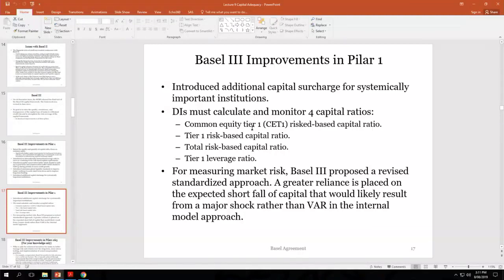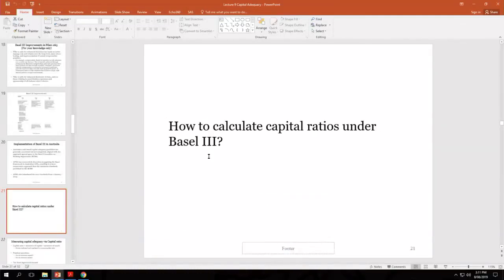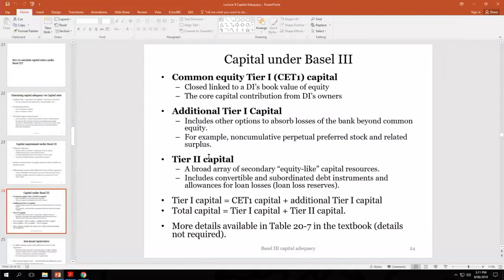And you need to know how to calculate these 4 ratios. You need to know the formula, and you need to know the definition for different tiers of capital and how do we calculate risk-weighted assets, right? So in terms of capital, we have different tiers of capital. We have CET1 capital, which are the core capital. So the definition of these ones basically is the ordinary way we define capital, which include common stocks, retained earnings, minority interests, right? And we also have additional Tier 1 capital.